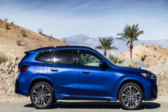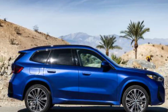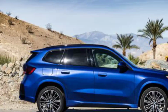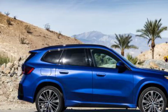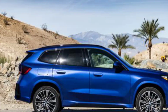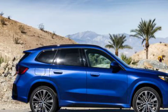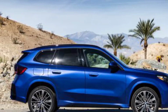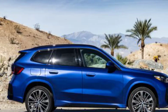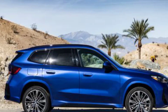X1 pricing and equipment. Shopping for an X1 should be relatively easy, as there are no alternative engine or transmission choices, and the standard model comes with many features you would want, including Apple CarPlay and Android Auto compatibility, LED headlights with cornering lights, a power liftgate, and roof rails. The X-Line package adds bigger wheels and more interesting interior trim, and a sunroof is available with either the convenience package